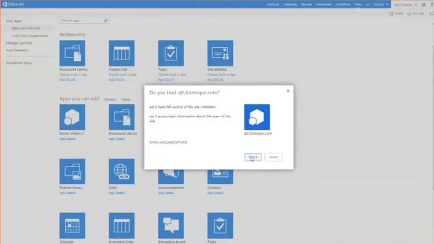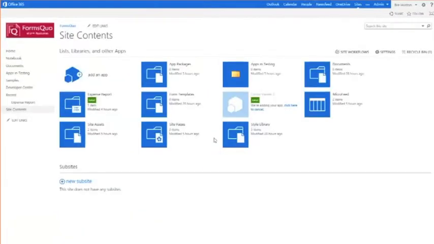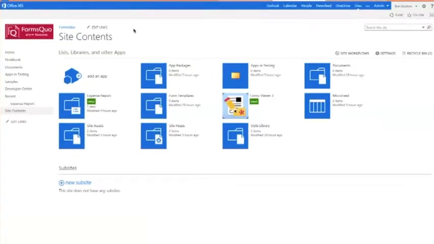And we want to trust. And as you can see, our app is loading on our site collection. Once it is finished loading, it will be available and ready for use. Now that my app is loaded, it is ready for my use. I'm going to click on it